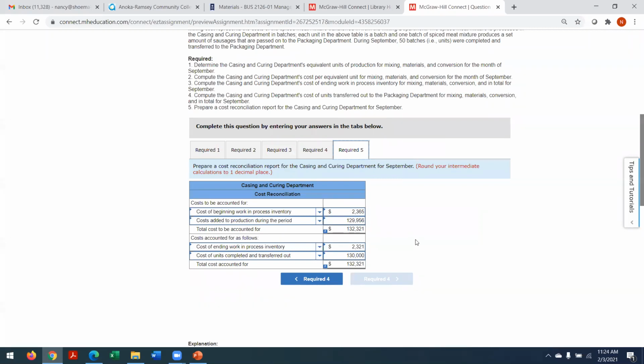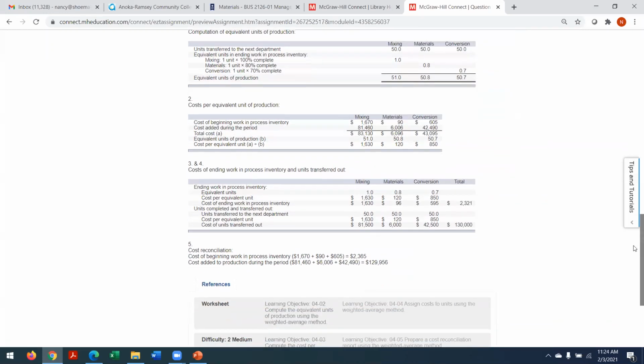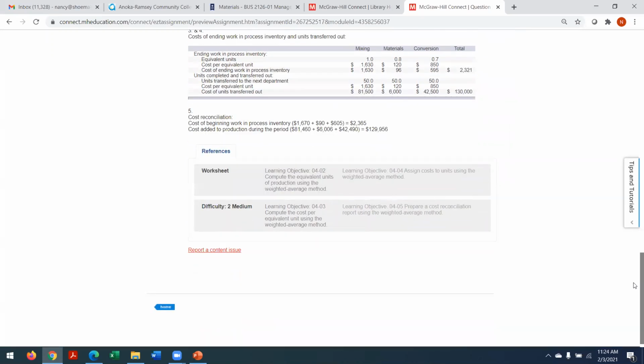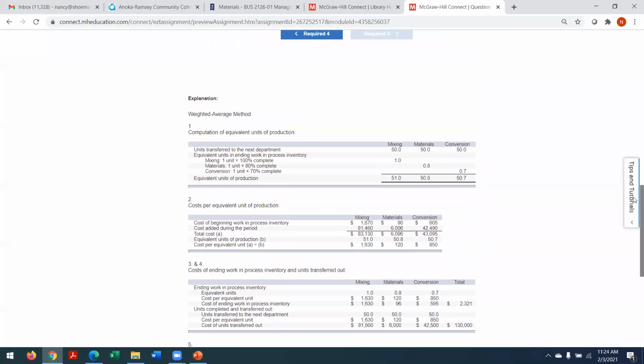And the cost of units completed and transferred out, that we had 50 units and we had the cost amount to be able to figure out the equivalent units times the total cost. $81,500: 50 units times 1630, materials 50 units times 120, and the 50 units times 42.5 gives you